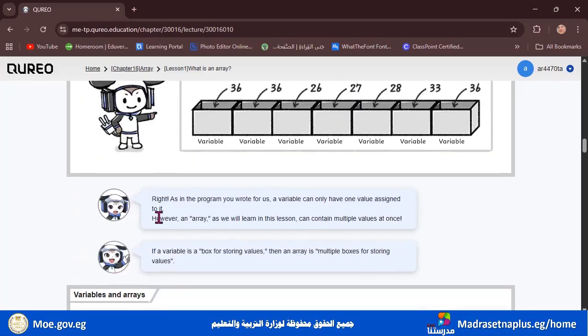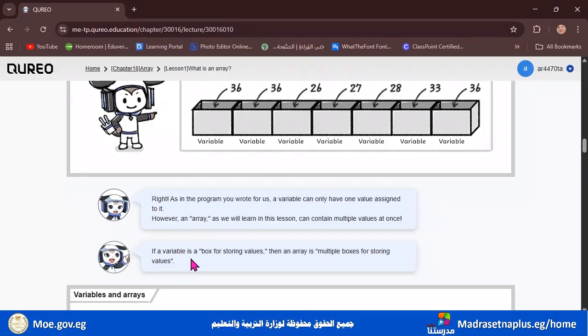So, in the program you wrote for us, a variable can only have one value assigned to it. However, an array, as we will learn in this lesson, can contain multiple values at once. A variable can only be assigned one value at a time, but with an array, we can have different types or multiple values in the same line.